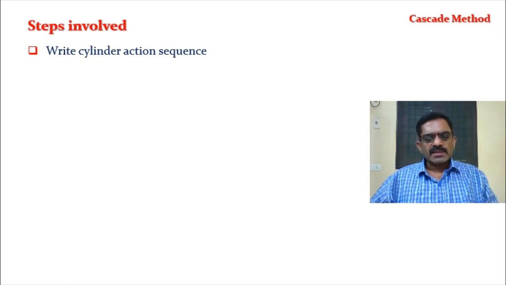In the notation A plus, A indicates cylinder A, and plus is nothing but extension of that cylinder. Similarly, A minus means A is the cylinder, and minus indicates retraction of the cylinder. It is a very important nomenclature you have to remember. Similarly, you can use n number of cylinders, labelled using A, B, C, D alphabets, and you have to decide which sequence is suitable for your particular operation. You have to select that sequence.